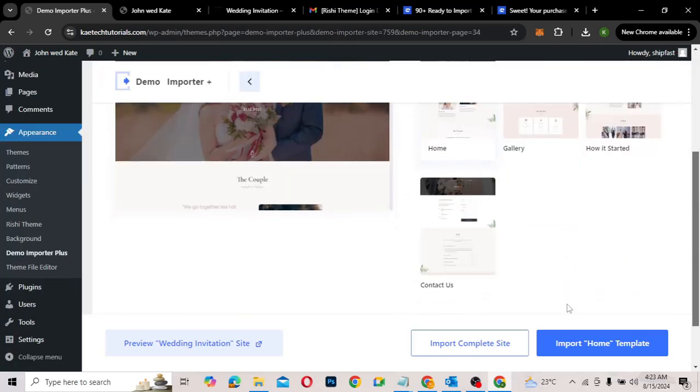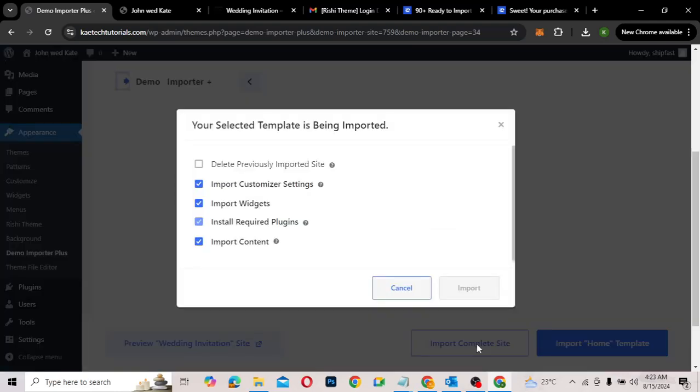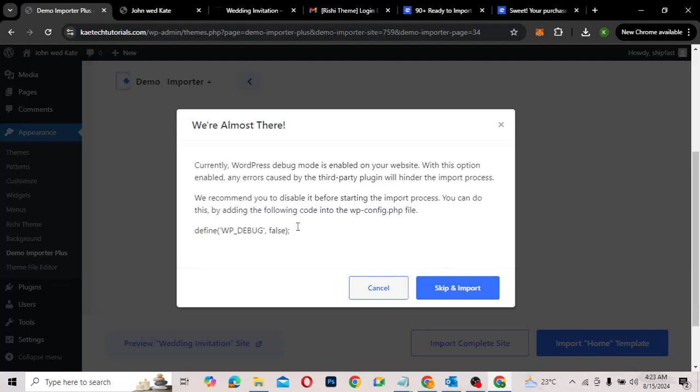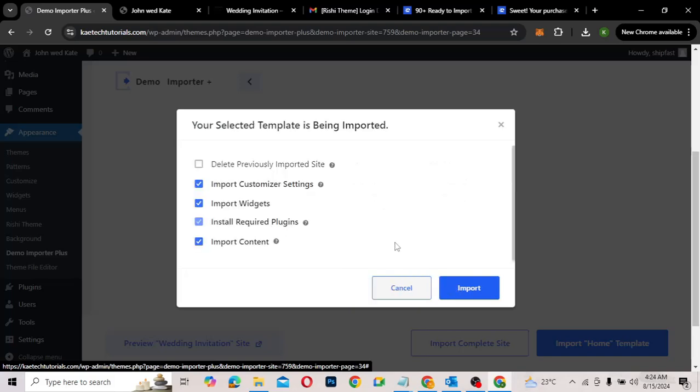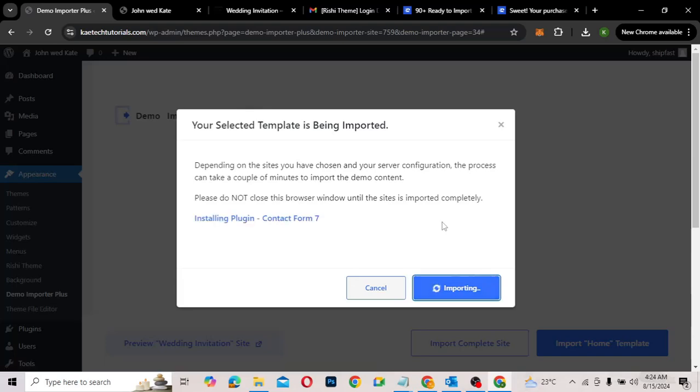We can go ahead and click on complete, import complete site. Just click on it. It's going to tell you what you want to do. So you can go ahead and click on skip and import. So we can go ahead and click on this particular one over here, import over here, and then we'll be